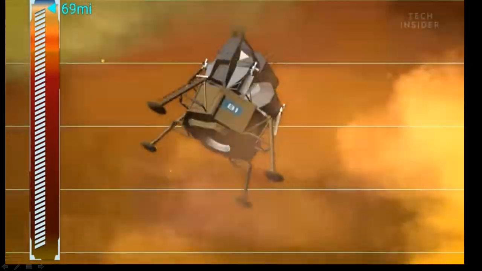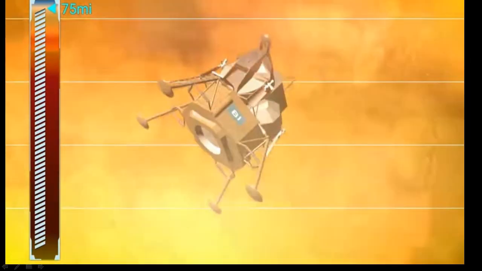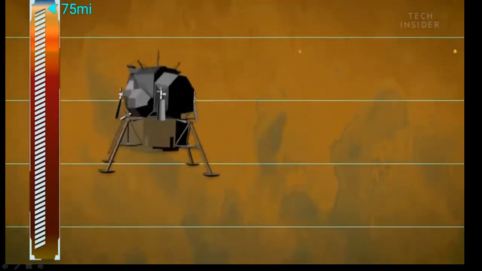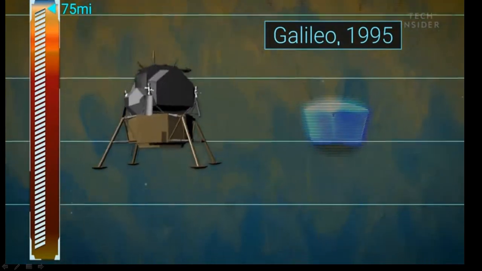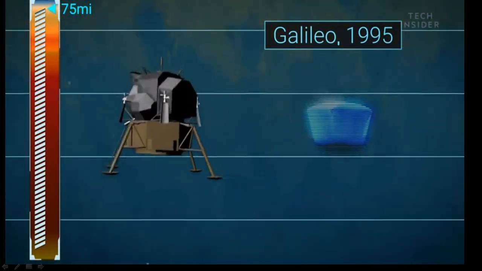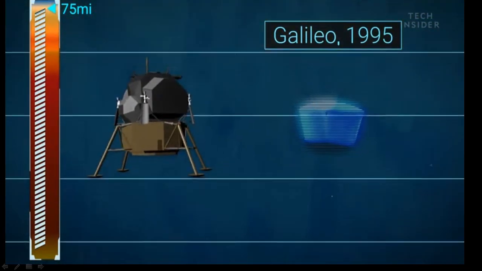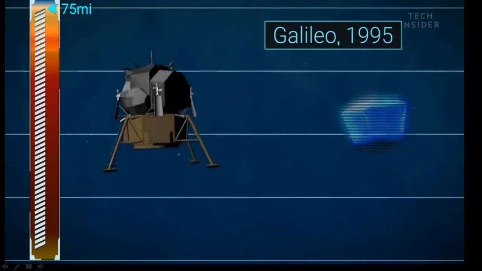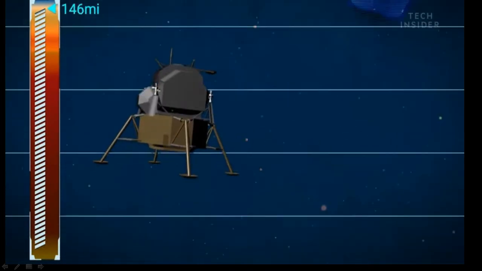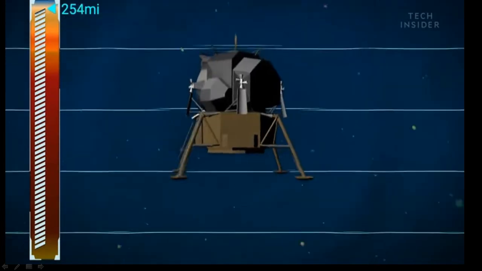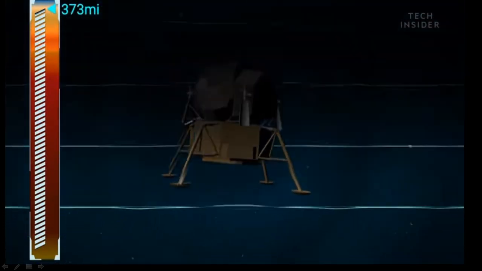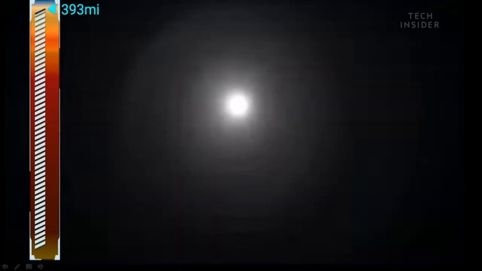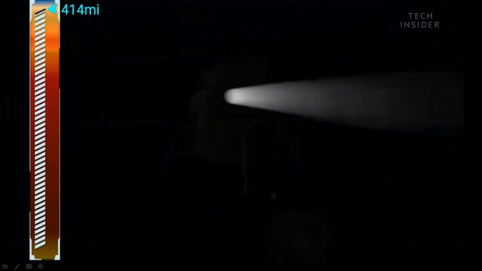About 75 miles below the clouds, you reach the limit of human exploration. Galileo probe made it this far when it dove into Jupiter's atmosphere in 1995. It only lasted 58 minutes before losing contact and was eventually destroyed by the crushing pressure. Down here, the pressure is nearly 100 times what it is on Earth's surface. And you won't be able to see anything, so you'll have to rely on instruments to explore your surroundings.